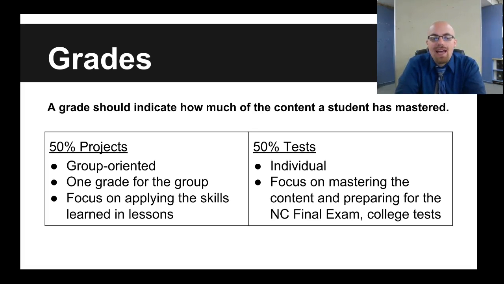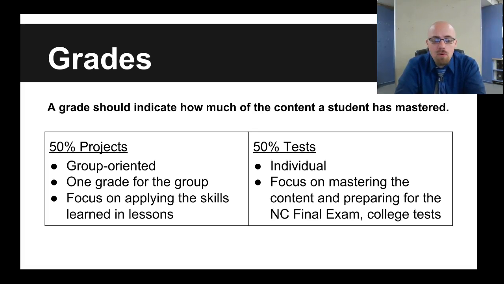When it comes to students' grades, I firmly believe that a grade should indicate how much of the content a student has mastered. So if a student earns an 85% in the class, that should indicate that they understand 85% of the content. Not that they understood that 85% right away, or that they fell asleep in a class and that ended up in them losing some points, or that they were absent for a particular class period. Really, an 85% should say that a student understands 85% of the chemistry content.